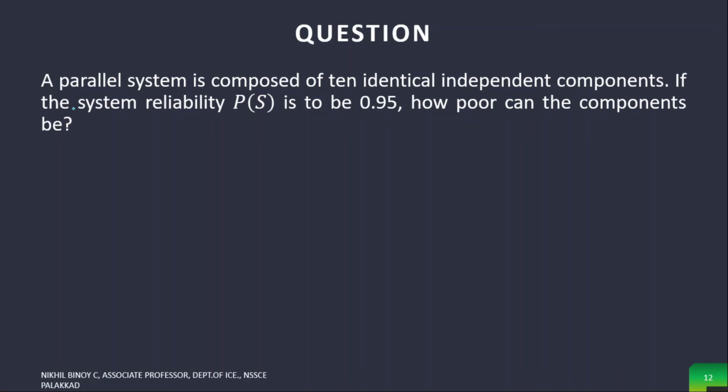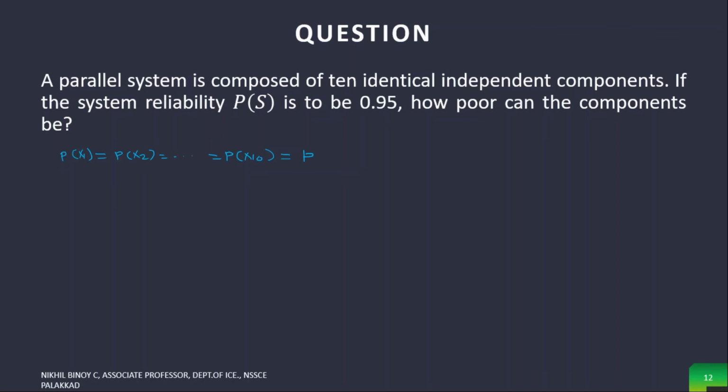It's very simple actually. Please note what information is available. First, we have 10 identical, independent components. Those 10 components are identical and independent. So we can write P of x1, the probability of survival of the first component, is equal to the probability of the second component, etc., equal to the last component, P of x10, equal to the same probability, so we can write it as small p. P of x1 equal to P of x2 equal to etc. equal to P of x10, that is equal to p.